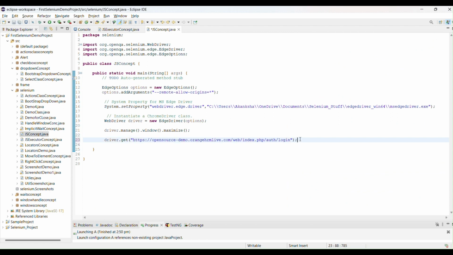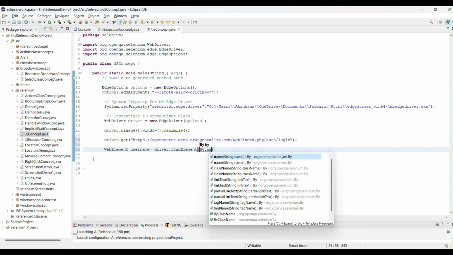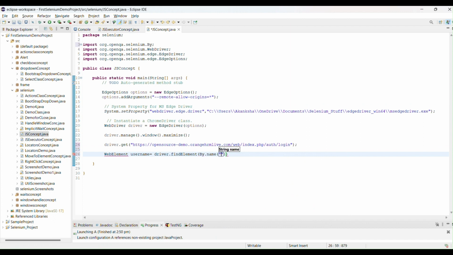inside the driver.get method. Okay, after that, guys, what I want to do is enter the value inside the input field, right? So first of all I want to create one web element. Okay, this is username, and I will create it like driver.findElement(By.name), and I will provide the name value as username, right, because this one is mentioned there.